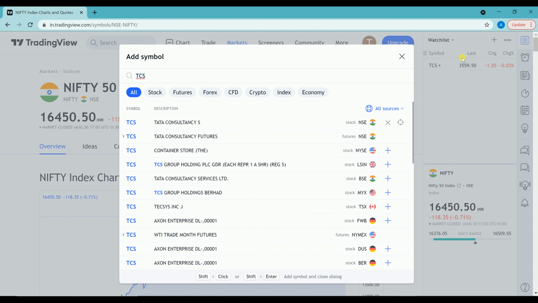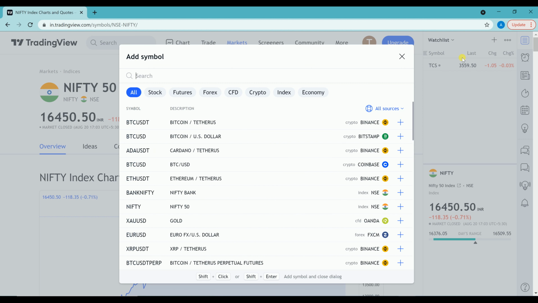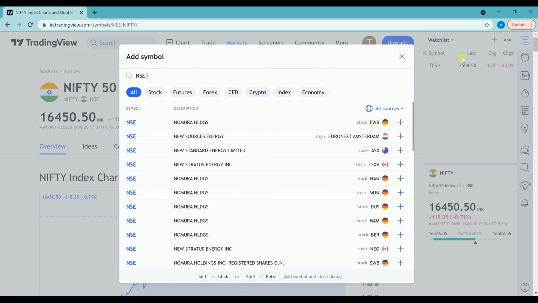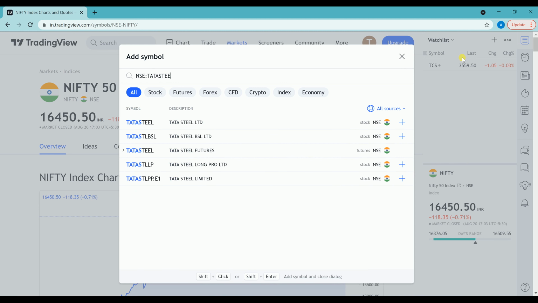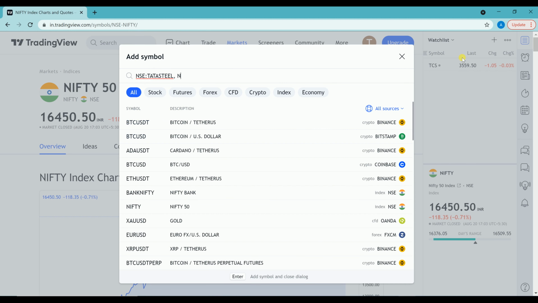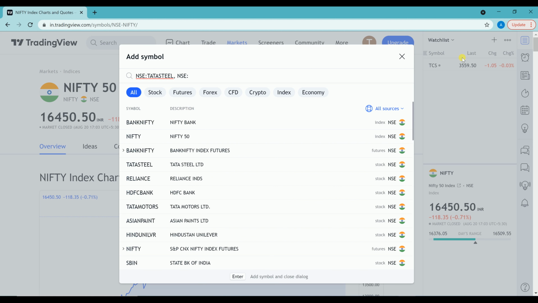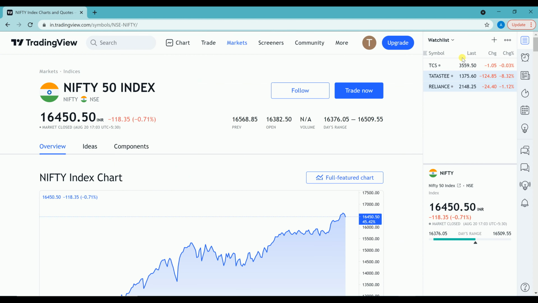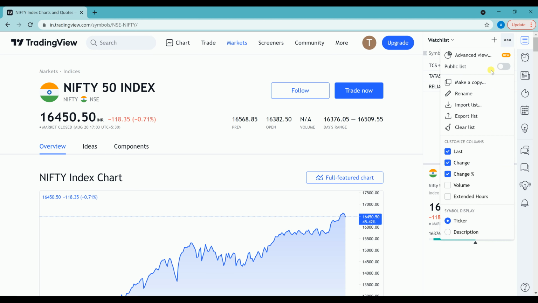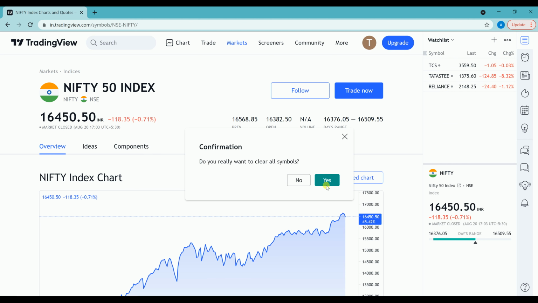Or you can type NSE, Tata Steel, add a comma, again type NSE, Reliance. If you press enter, the two stocks are entered here. You can do this for 50, 100, 200 stocks, right? It would be a tedious process to hand type every symbol, right?